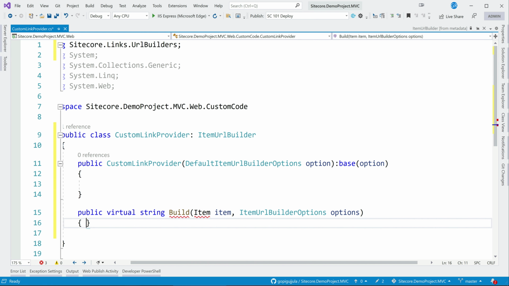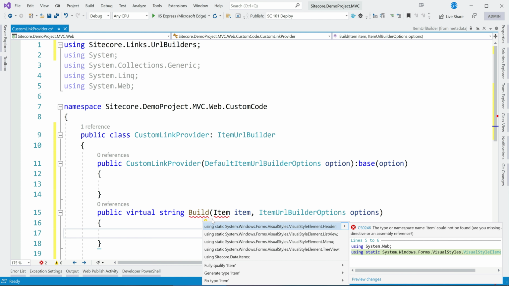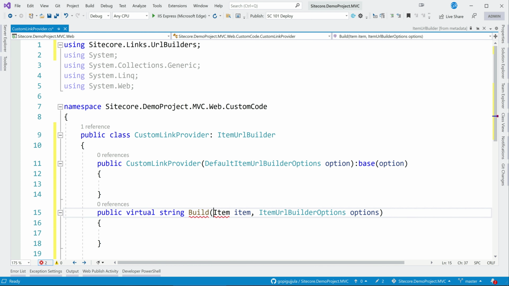And the item is of type Sitecore.Data.Items.Item.